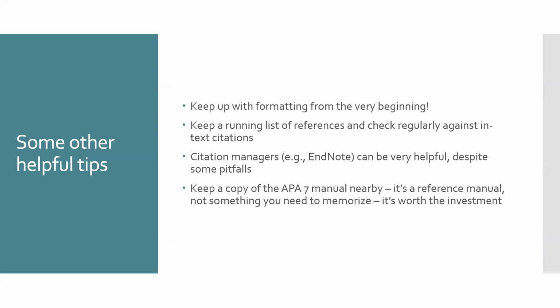That, or like I was saying earlier, there is a website like Purdue OWL that is amazing. I love Purdue OWL, especially if I don't feel like dredging up my APA manual and looking through all the pages. All I have to do is go on Google and search Purdue OWL and go from there. So it's super easy, super helpful. The internet, citation managers, and your APA 7th edition manual are your friend. They are very helpful in these situations.